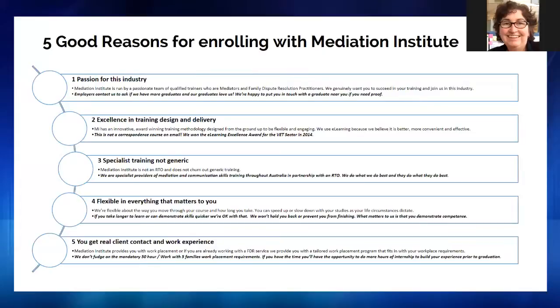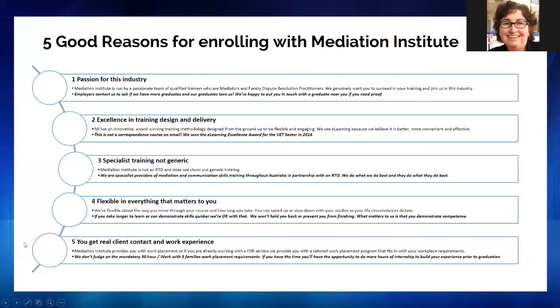Some students come in with all different backgrounds and life experience. For some, a lot of the material is very new and they're going to take longer. For others it's just a refresher and a refocus, so they can move through quite quickly. That's okay as well. And the final, and I think most important, reason is that you will get your 50